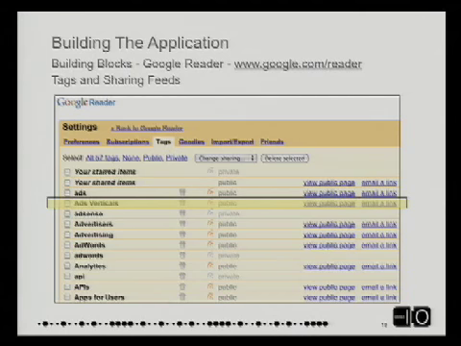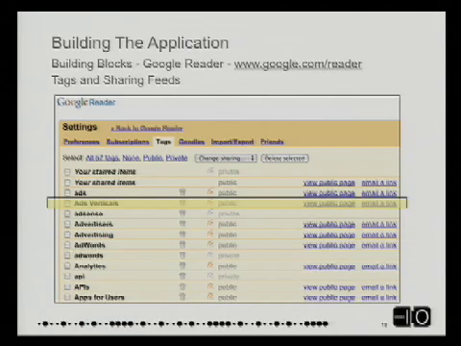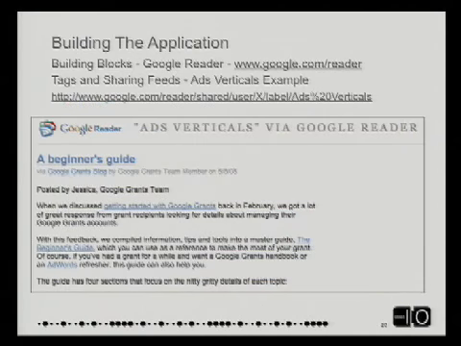And so all of these labels that were stuck into Reader were all made public, and then we could go on from there. So if I click on that view public page link right there, this is what I get. This is obviously a quick screenshot of it. It's formatted by Google Reader, but it's a user visible HTML of all the blogs that make up that tag. When you stick this into a browser, let's say Firefox, Safari, things like that, if there's an associated feed with it, that'll obviously show up, and you can actually click on that.